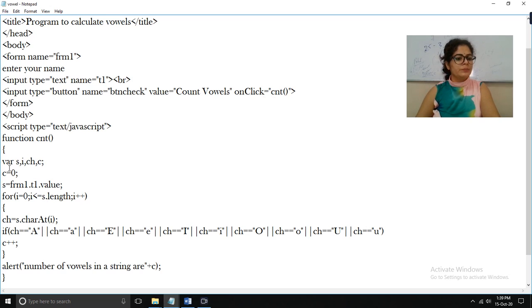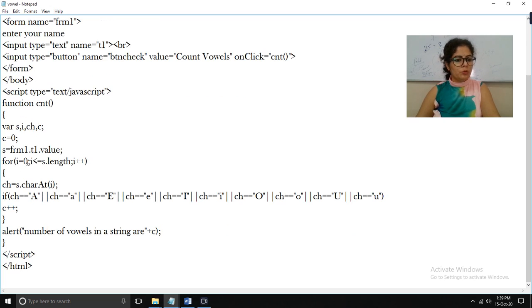Inside the function, we are going to declare some variables that we will use in the program: variables S, I, CH and C. We are initializing the C variable to 0. The next line is S is equals to form1 dot T1 dot value.